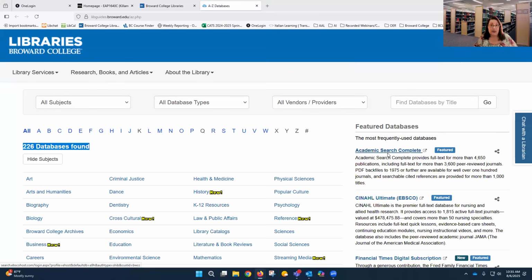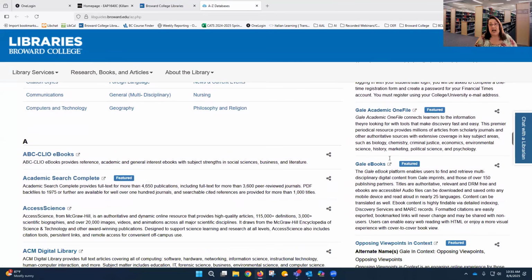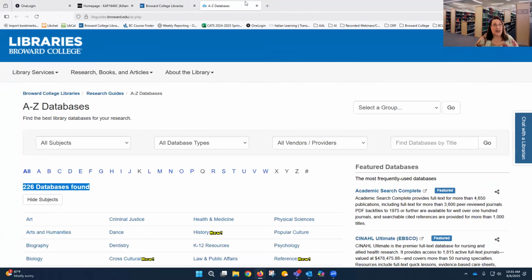Some of those include the top one here, Academic Search Complete, Gale eBooks, and Opposing Viewpoints in Context would be another database that we would recommend to students who are doing some topic exploration. Okay, so